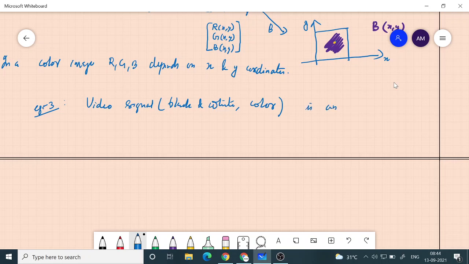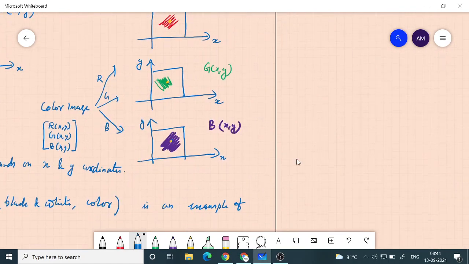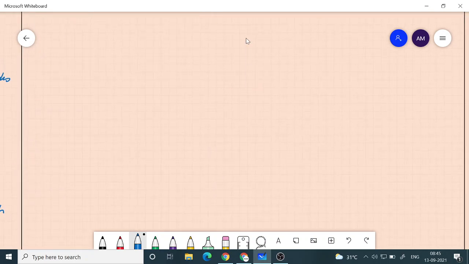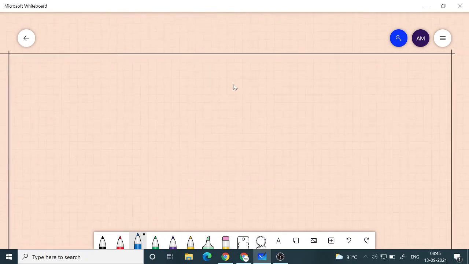Is an example of 3D signal, 3 dimension. Why 3 dimension? Because you can treat a black and white video signal as an image which changes with time. So image, it is actually a function of X and Y, but if you imagine there is a dependency on time also, then we have